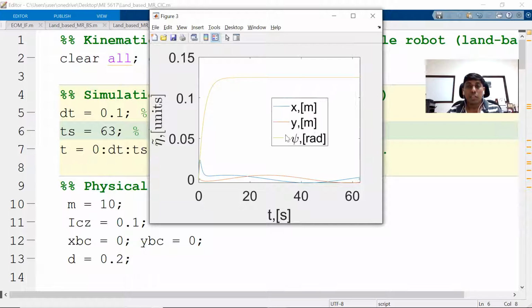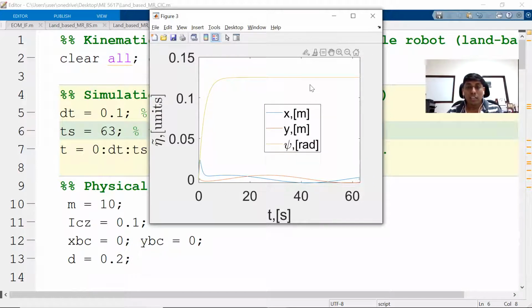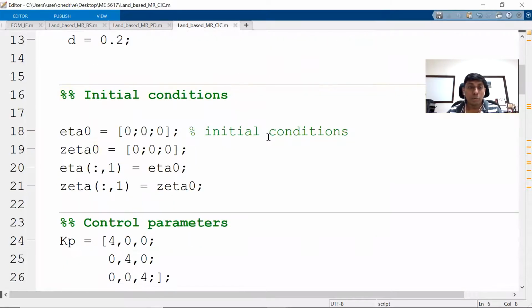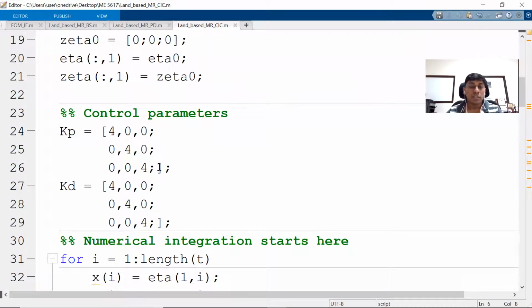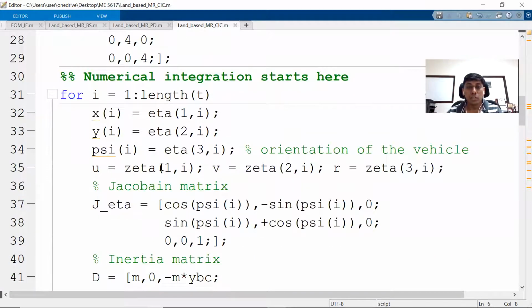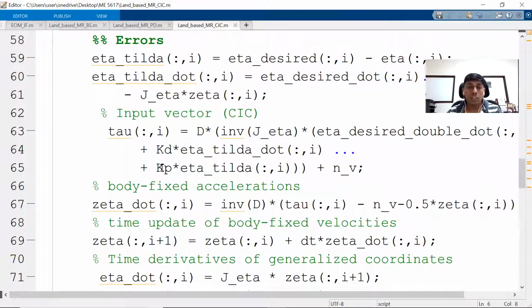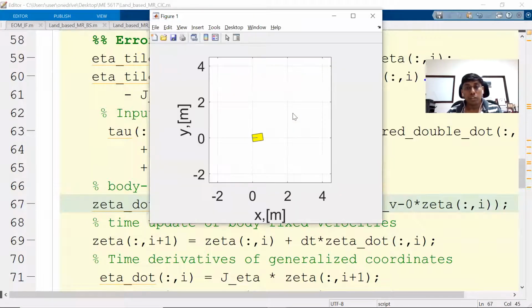Now you can see the orientation error is a little larger, but the position errors are actually low. And here you can see we have taken only 4 as the control gains. That is another important thing which you should know. Now if I increase, then the control scheme would be very much beneficial. And here I have considered friction. Earlier we did not consider the friction. I just put it now without friction. You can see the vehicle would be following a little better.